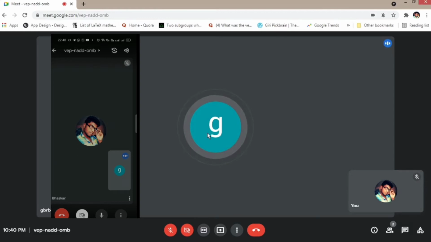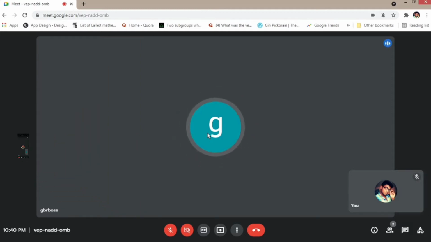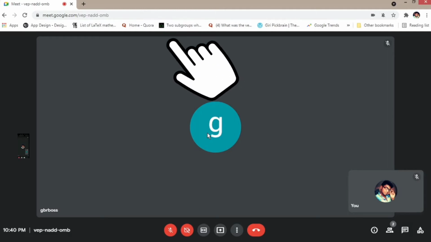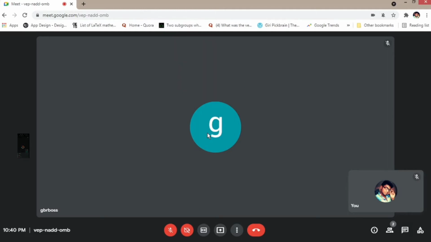If you join with the same email ID, there won't be any confusion also. So if you are muting your laptop and joining through your mobile, you can speak in your mobile that way. Or else, if you don't want to mute your laptop, unmute it but mute your phone. How? By clicking the top right corner thing. There you can find speaker, phone, audio off and cancel. You just press audio off.